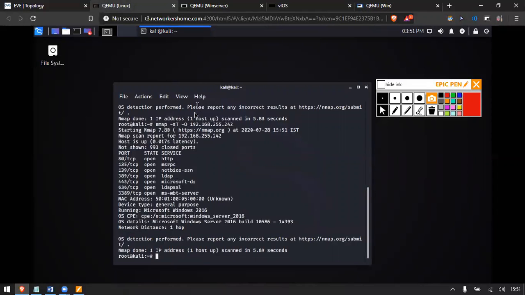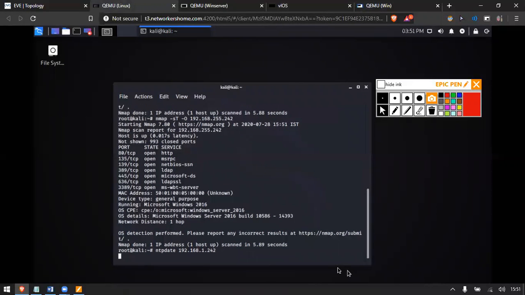So it's not showing, maybe a restart is required. Let it leave it. I will show you, I will connect directly to the NTP server. Let's see if it picks the time or not.